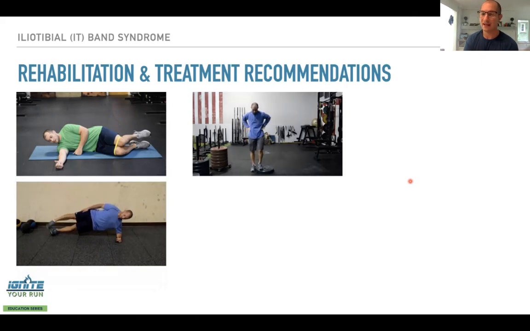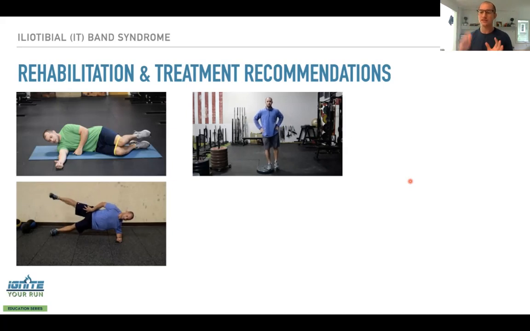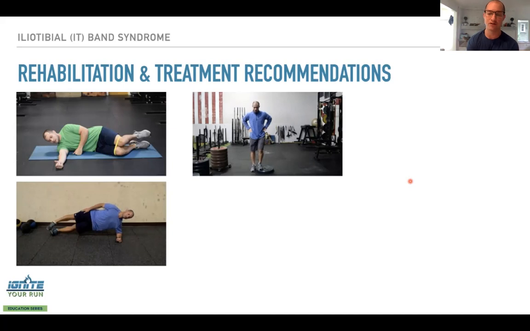Next up, we're looking at a hip hike from a deficit. So you can see him standing on a weight plate, I'm trying to teach myself how to position the pelvis and teach myself that that pelvis actually moves, what's called the frontal plane, right? Side to side motion, up and down. We need to really learn how to better appreciate and to control this position, because once we start dropping through the pelvis, that's where we create the tendency for the hip to rotate in, the knee to collapse, the foot to collapse. It does create this cascade of events, which does load more into that lateral portion of the knee. So teaching hip hikes,